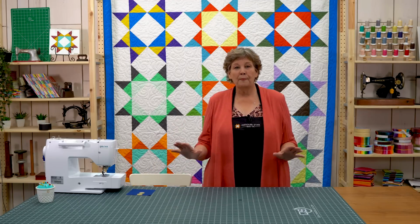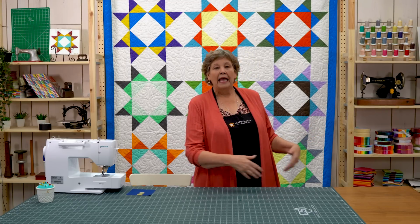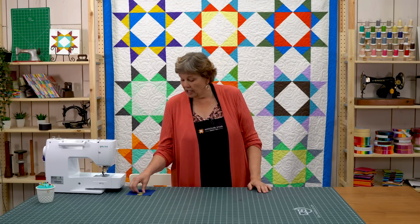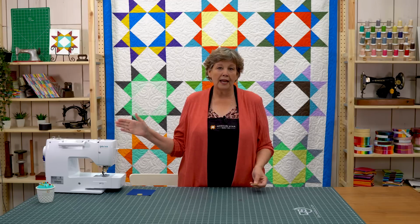A lot of us put mending aside. We just leave it aside because we're going to do it sometime, and I figured this is as good a time as any to do it, and I wanted to show you some tips and tricks about how to get that mending bucket, just work through that. And a lot of times those buttons pop off, and so here is a really quick way to do it